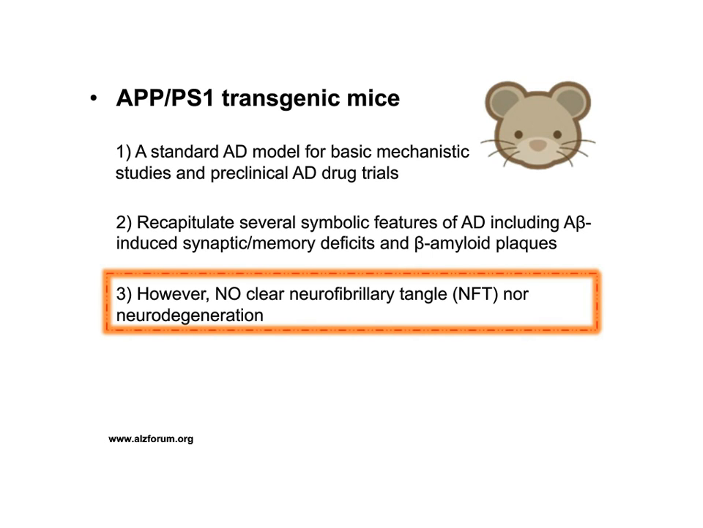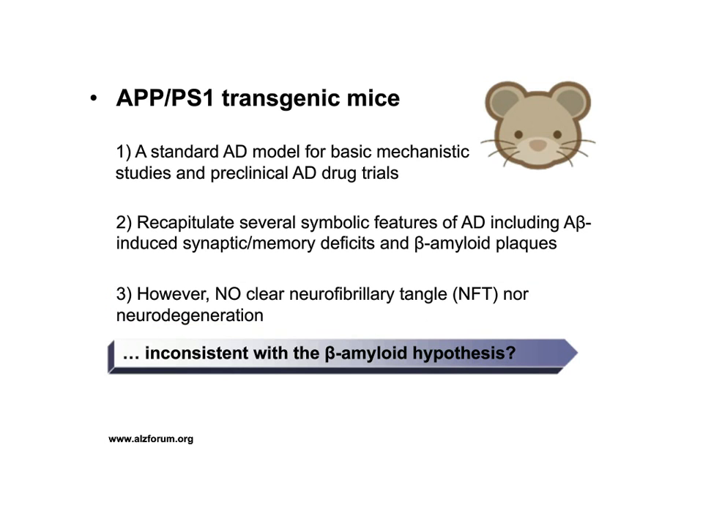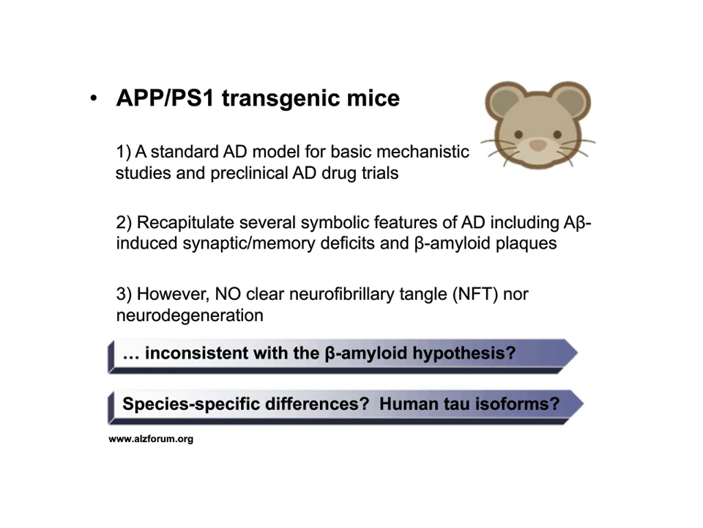So according to the beta amyloid cascade hypothesis, excess accumulation of A-beta peptide would lead to the tangle and neurodegeneration. So does this mean that something is missing in the current A-beta cascade hypothesis? Another possible explanation is the species-specific differences between mouse and human. Indeed,